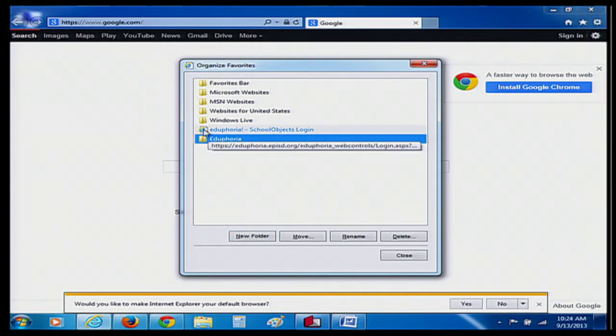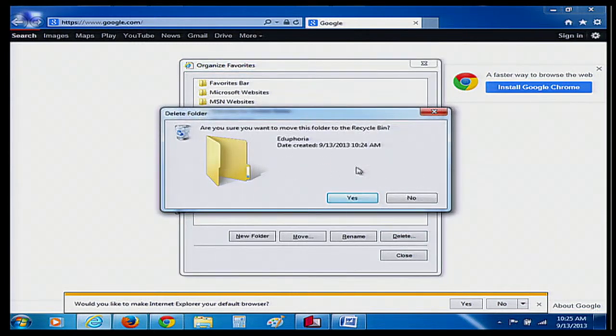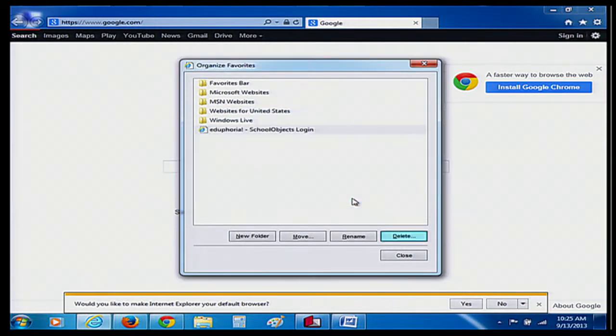And then I could drag this into there, and it would put it into the Eduphoria folder. I'll go ahead and delete that folder. I don't need it for just the single item. It asks me if I'm sure when I'm deleting, and there I am. Okay? So you can keep your favorites organized however you want by using folders and by adding your favorites and